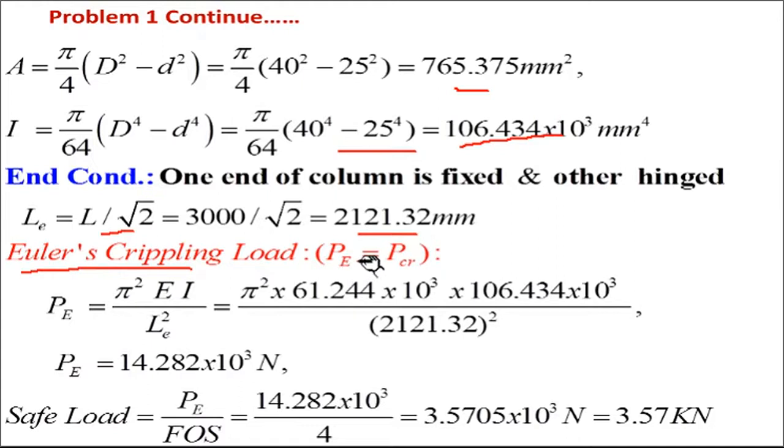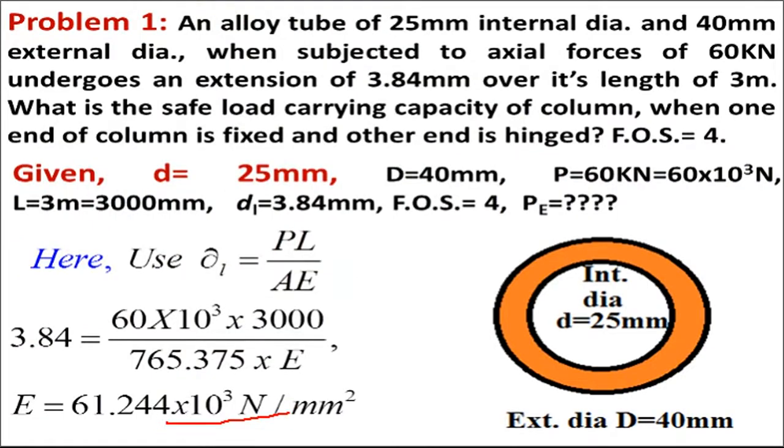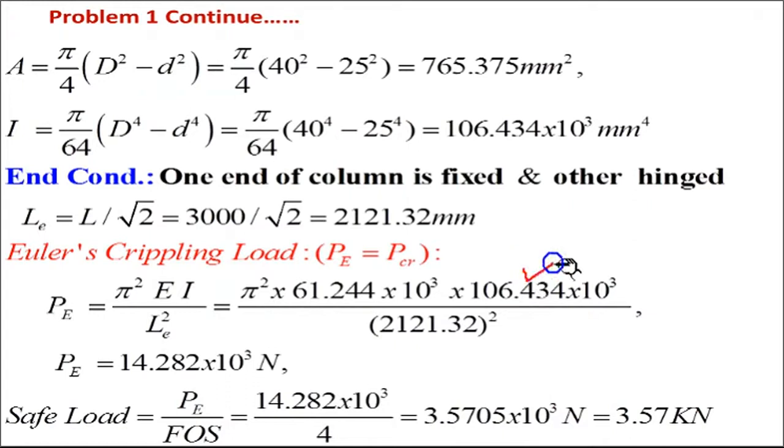Crippling load, buckling load or crushing load, all are the same. So P is equal to, this is Euler's formula, pi square EI minimum upon L square. So you have to calculate the Euler's load. Pi square into E, which we have just calculated here, into the moment of inertia, this one, and the effective length is given here. By solving this, we will get the value of